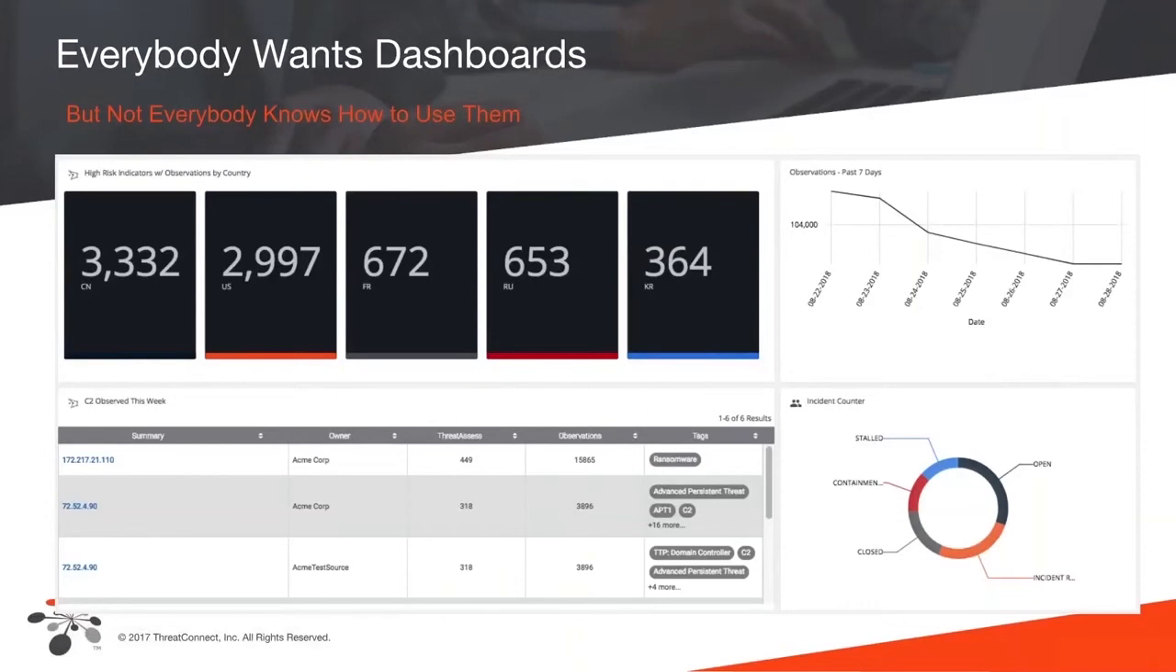So everybody wants dashboards, but not everybody knows how to use them. The thing with dashboards is we have a few canned system dashboards that are already in the platform, but those are meant to be a guideline. They're meant to be a base for you. What we really want is analysts to go in and create those dashboards, create those dashboard cards that are going